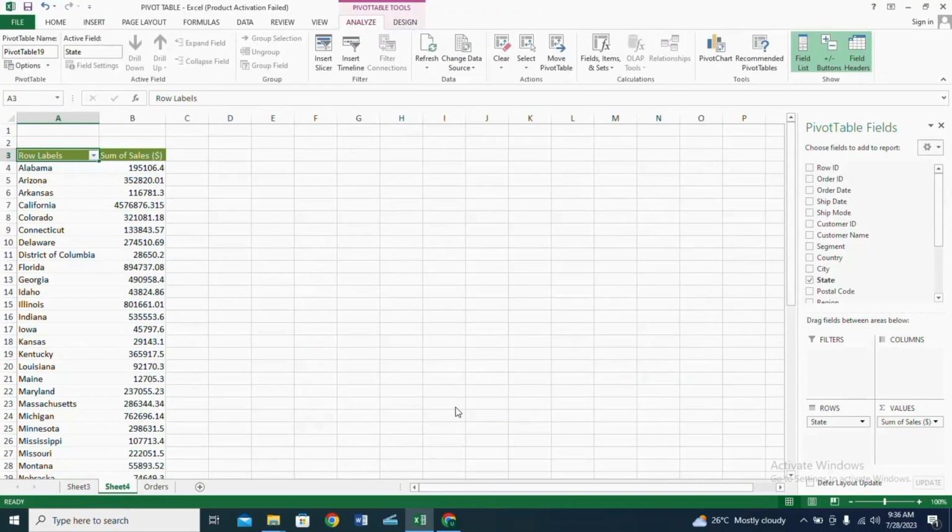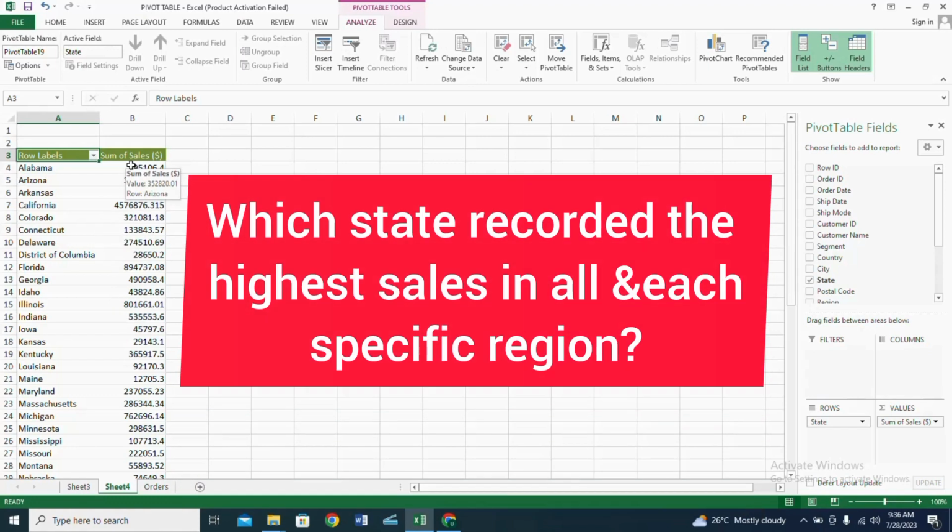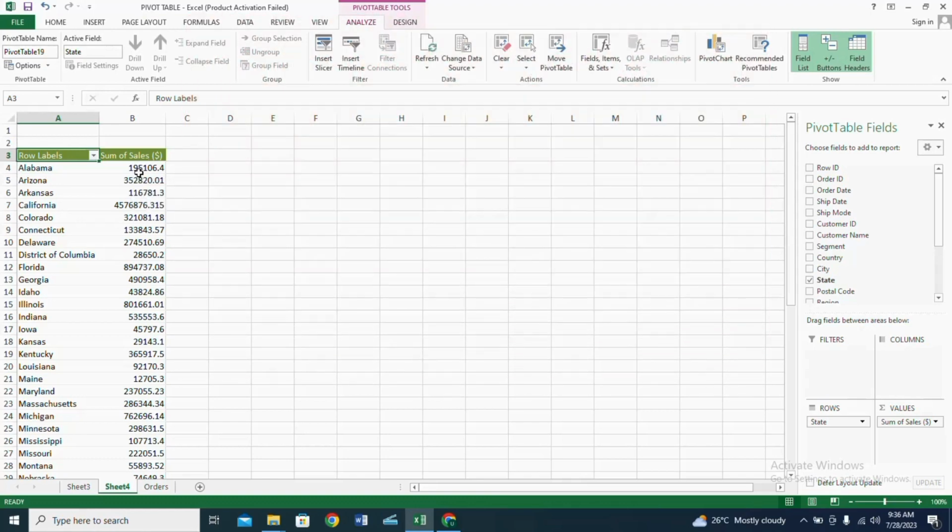So now this is a good foundation for me to start working with. I can choose to add any other field I'd like to add on this particular report. Since I want to find out which particular state recorded the highest sales in all of the regions and in each specific region, what I will do is to include my region in this report to help me identify that state.